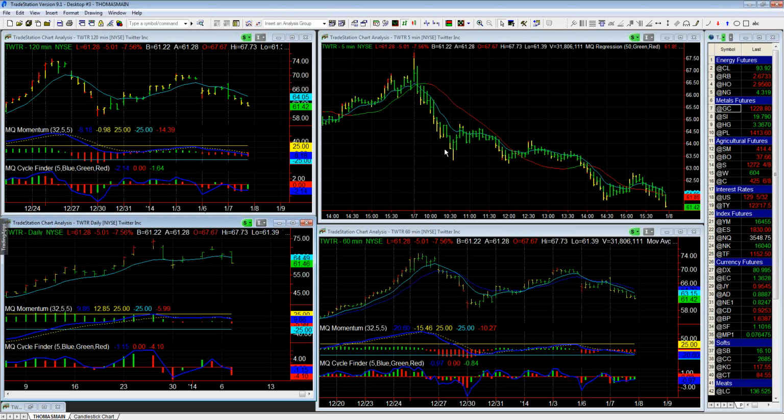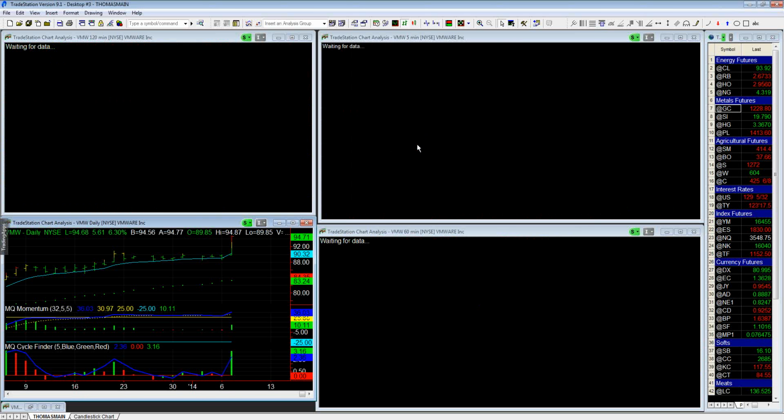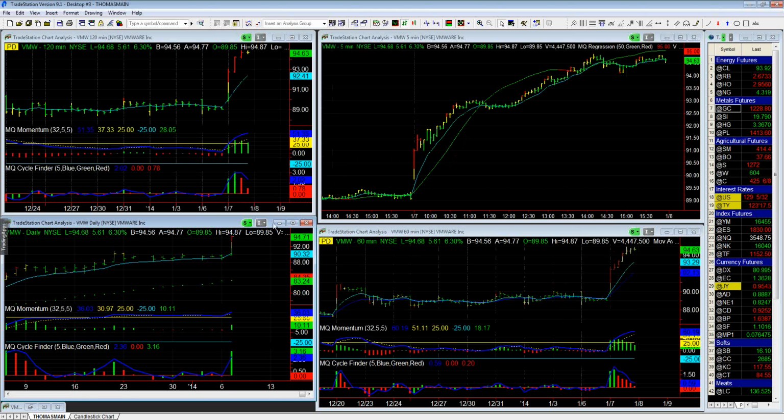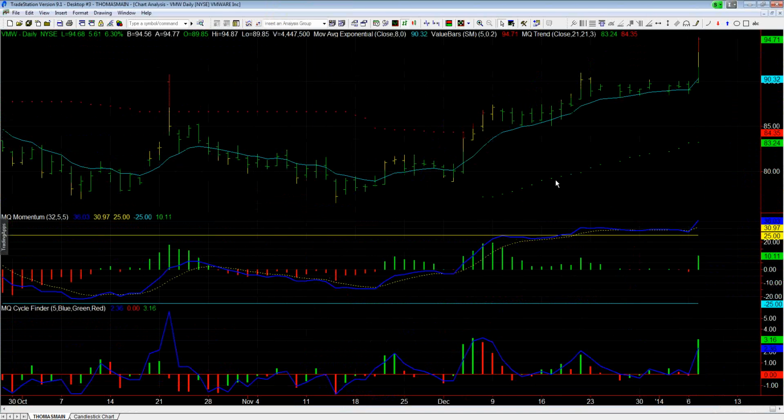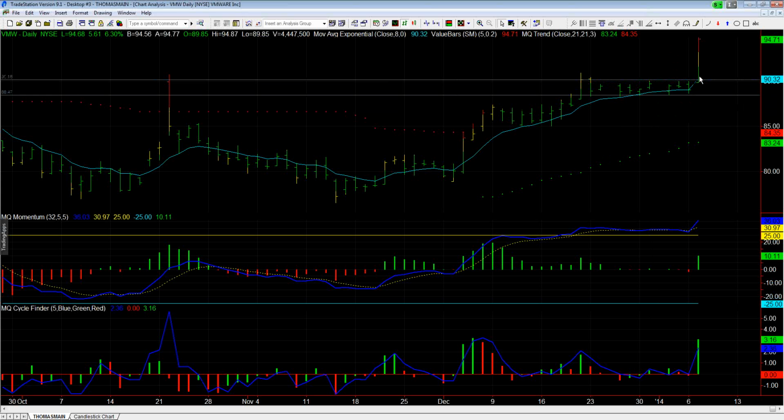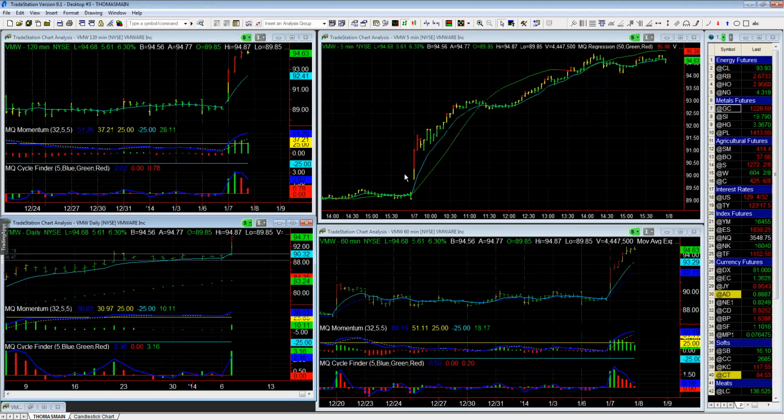What about BMW? VMware. Wow, it had a big up move today. It broke out of a channel. There was your resistance. Here is your support. Broke the channel earlier today, took off. That's exactly what we're discussing. Like I said, you can trade it on longer time frames as well. You don't have to just trade it on an intraday chart.